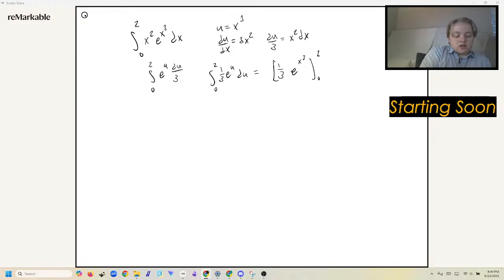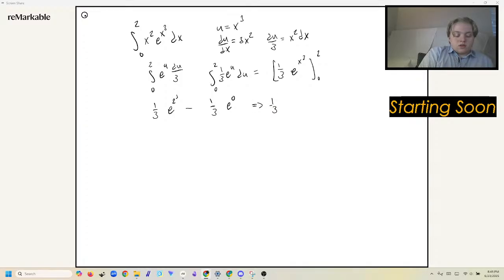So we'll have 1/3 e to the 2 cubed minus 1/3 e to the power of 0 cubed, which is just 0,